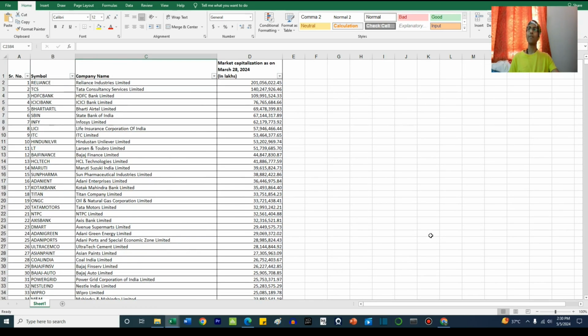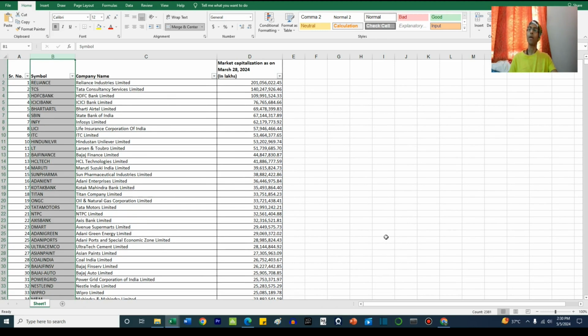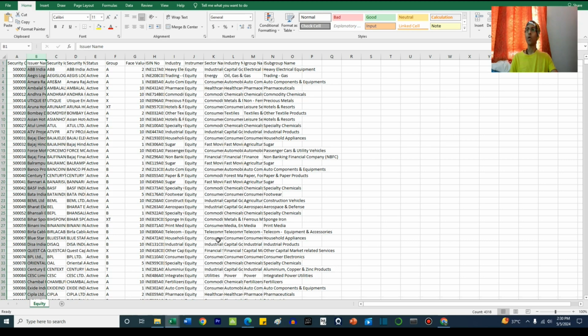Friends, if you go to the NSE website and check out the entire list of stocks present in NSE listings, you will find an Excel sheet coming up. This is taken from the NSE website itself. The number of stocks here is 2,381. So there are 2,381 stocks currently listed in NSE. Similarly, if you go to the BSE website and check the count of stocks, then